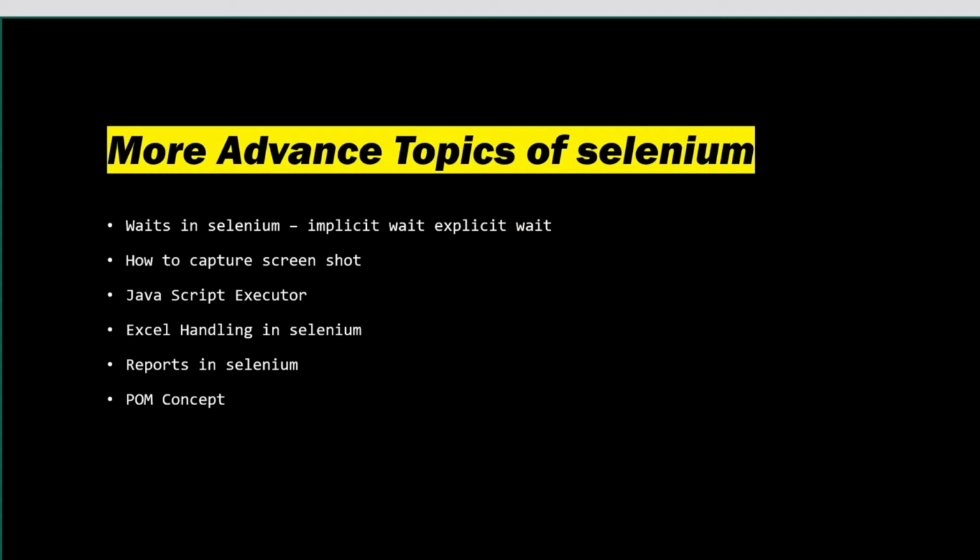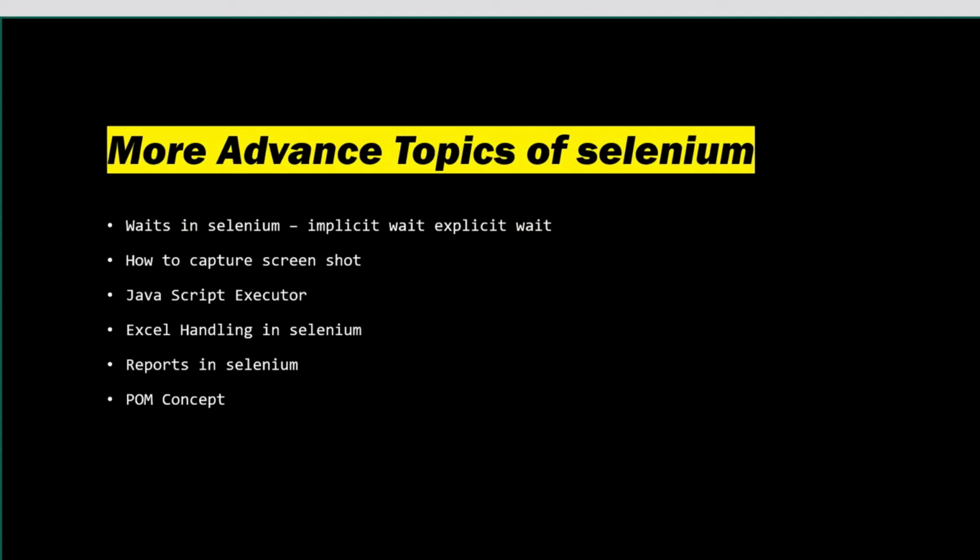How to capture a screenshot: once you define your framework, you want to showcase why your test case failed, whether it is a functional mistake or an automation mistake. Just as in manual execution of test cases you capture a screenshot manually and show it to your developer or put it under the bug, the same way you can capture a screenshot programmatically in Selenium. We'll cover that. Once that is covered, we'll move ahead with the JavaScript executor.